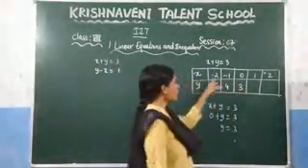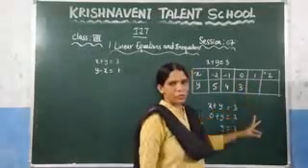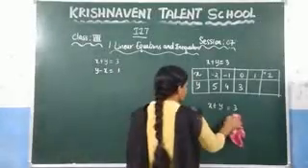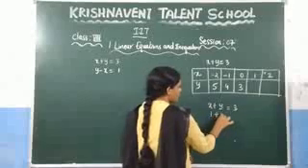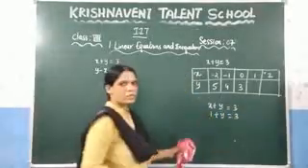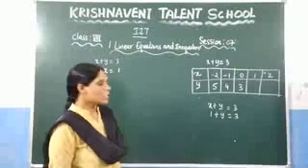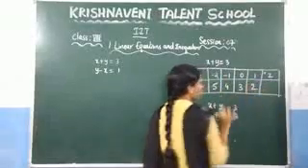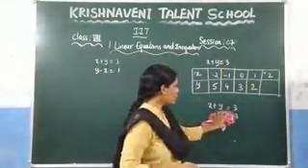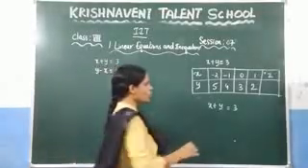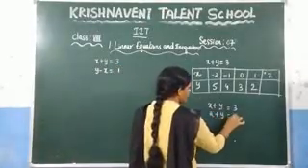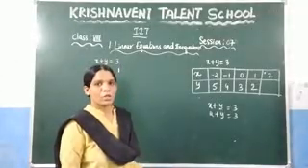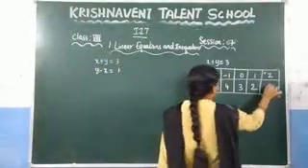Now if x is equal to 1, what is the value of y? You have to substitute 1 in place of x. 1 plus y is equal to 3. If you take plus 1 to the other side, it becomes minus 1. So you get y is equal to 3 minus 1, which gives 2. Now, last, in place of x substitute 2. What do you get? 2 plus y is equal to 3. Similarly, if you take plus 2 to the right hand side, it becomes minus 2. You get 3 minus 2, which is 1.